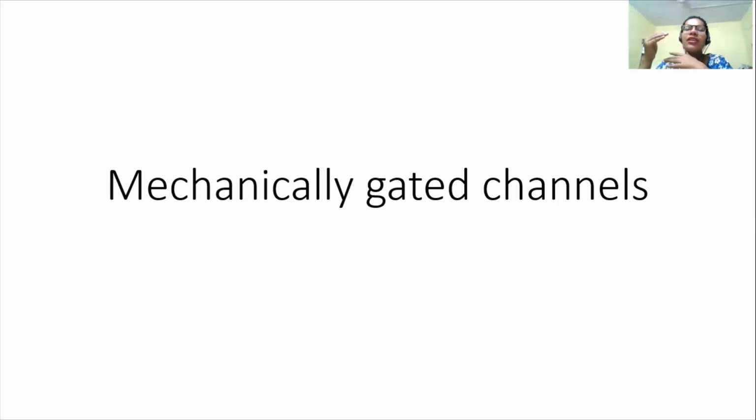One very good example given is about the ears. In the case of ears, how your channels open up, and how the sound waves are converted into chemical energy and then transferred into electrical signals so that the brain can access them. So you have got the channels present on your eardrums. When sound waves fall on them, they get twisted. Suppose your membrane channels are like this. Suppose some stress is coming, what will happen? They either tilt like this or tilt like this, and that causes the channels to open up.